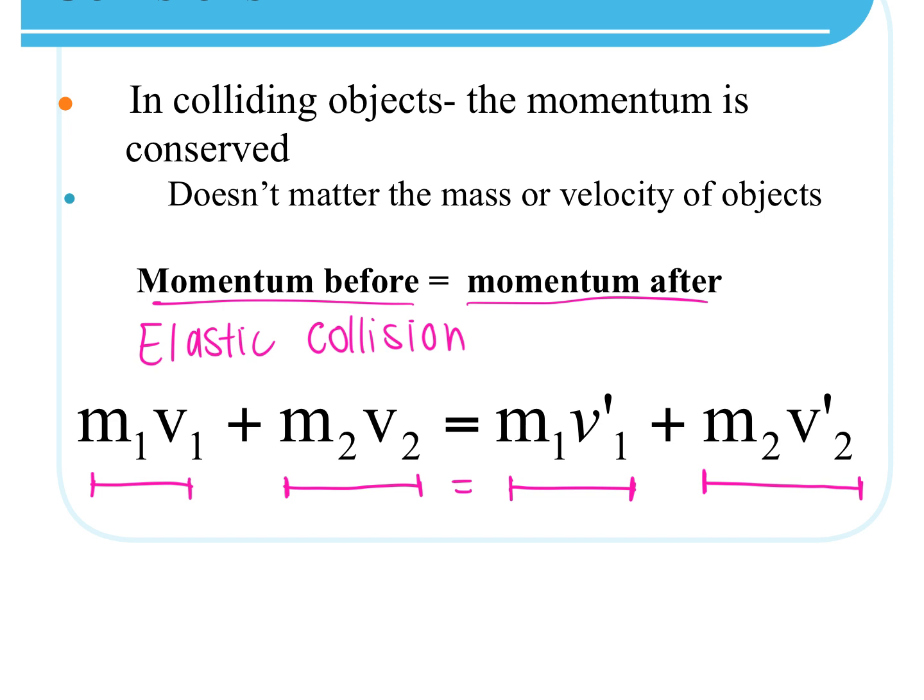So here's how we know it's post-collision. This little symbol right here, do you recognize that? Do you know what that's called? It's called a prime. Okay, so we call this variable right here V1 prime. And the prime tells us that it is post-collision, right? It's after the collision takes place. Okay, so the 1 and the 2 tell us object number 1 and object number 2. But the prime tells us that it is the post-collision velocity, right, after there.